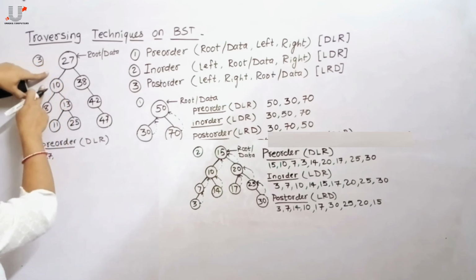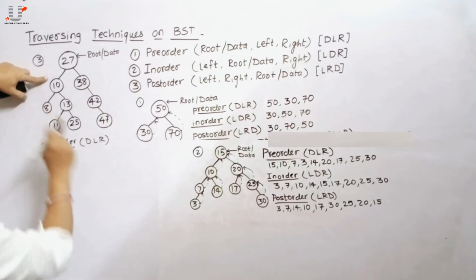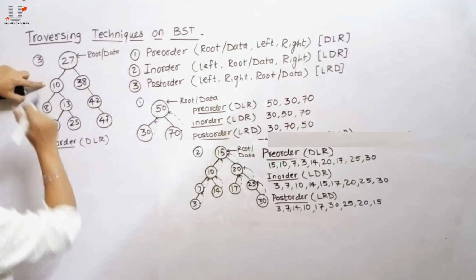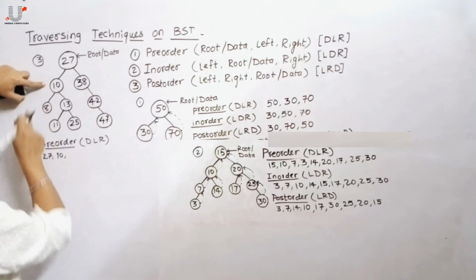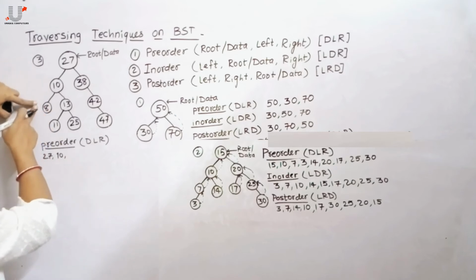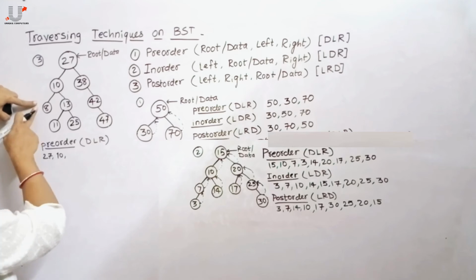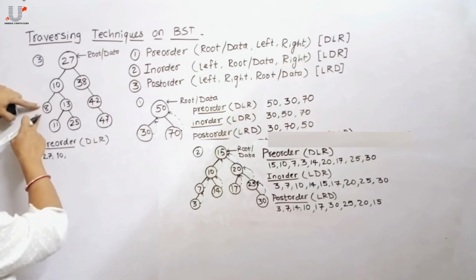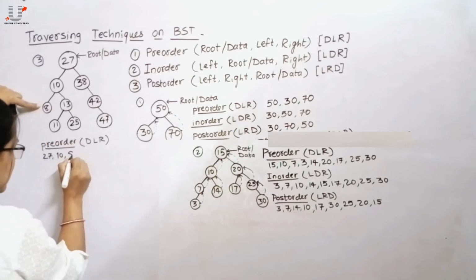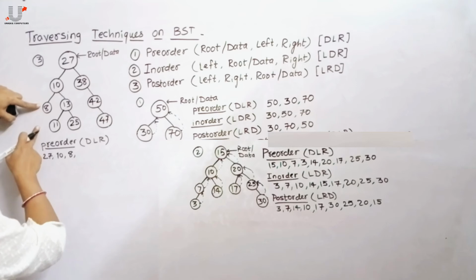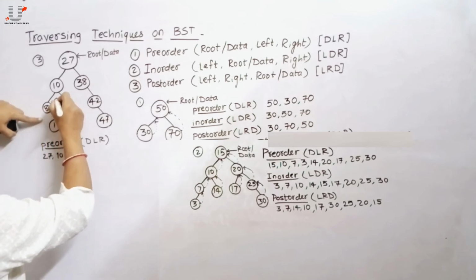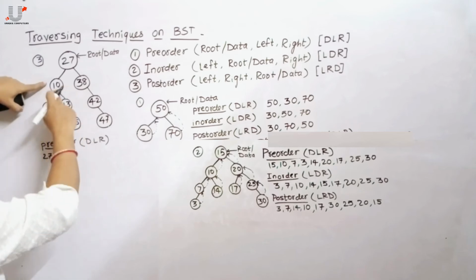Again the control will transfer to the left subtree. Again apply DLR on that 10. Data gets displayed. Then again check whether an unprocessed left subtree is there. Yes. Then again apply DLR on this 8. So 8, that means data gets displayed. Apply L. As no left subtree is there, backtrack to the previous location, that means 10.